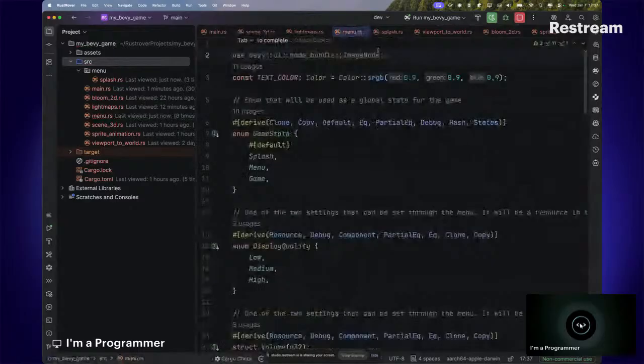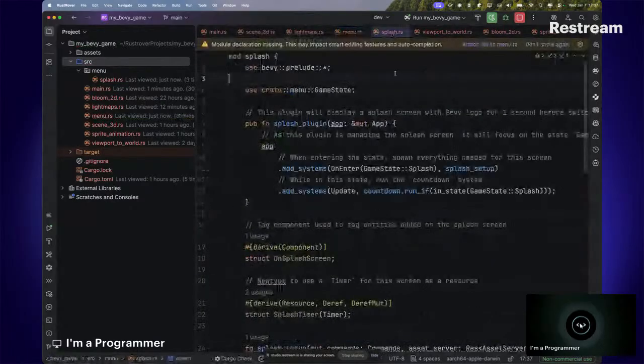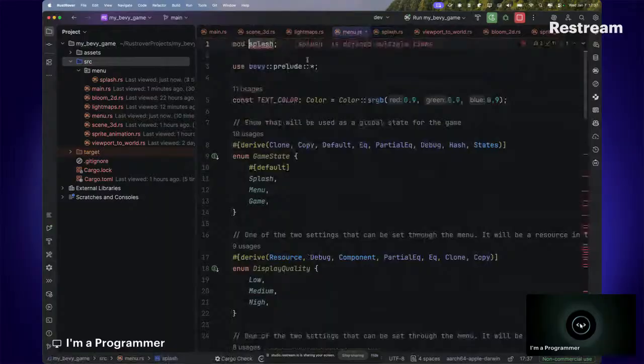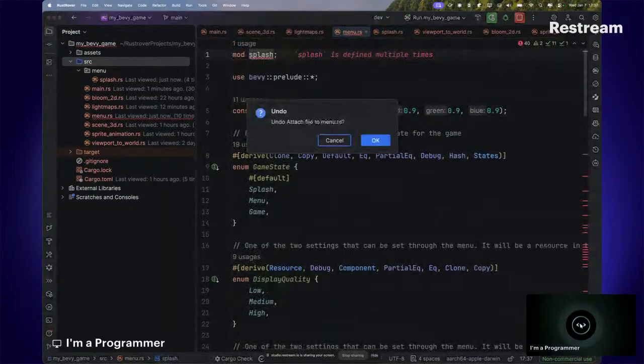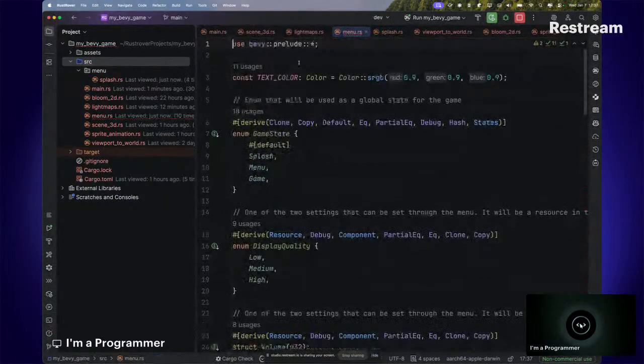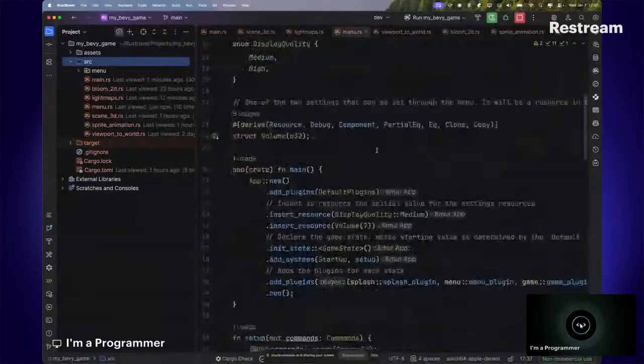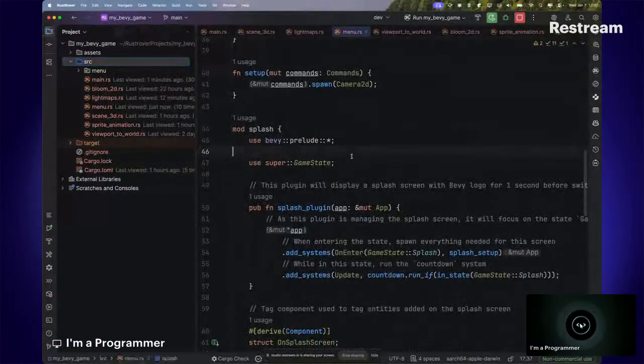So in this case, the menu is the menu, and the splash is the splash. I can still leave the splash here without doing anything to it. I'm not going to import it still because I don't want it to cause problems in the file. So I'm just going to close this, assume it does not exist, right? But you guys understand what I was trying to explain. So going back to the splash, we